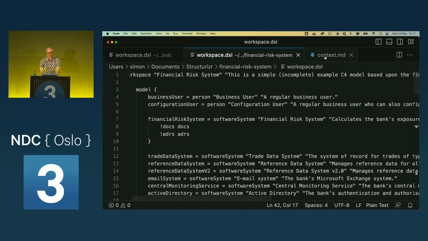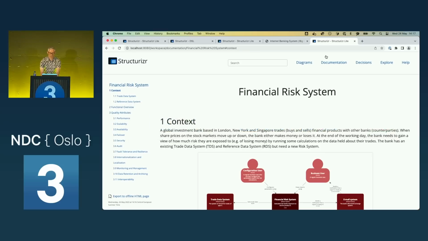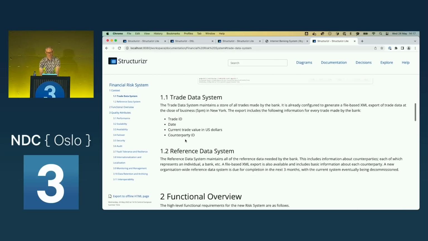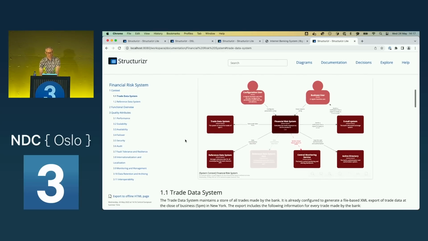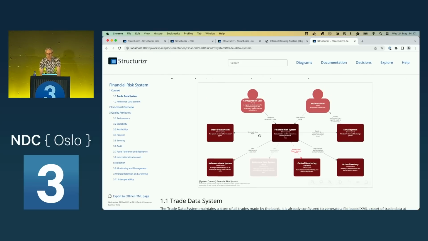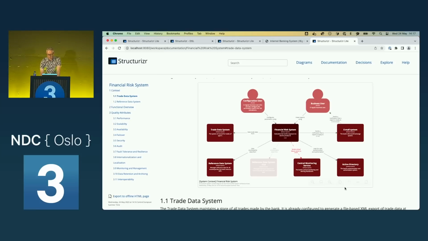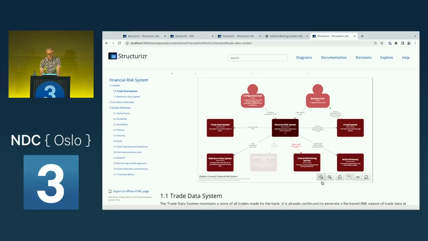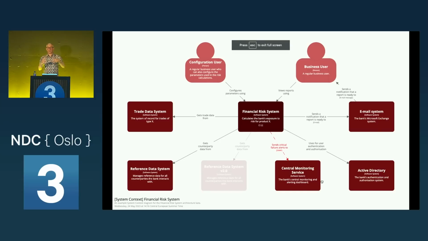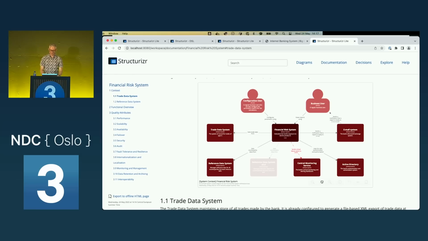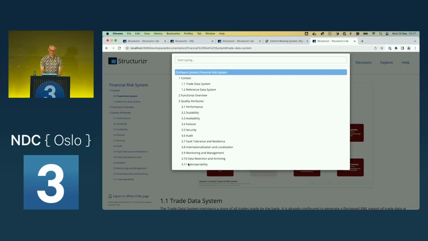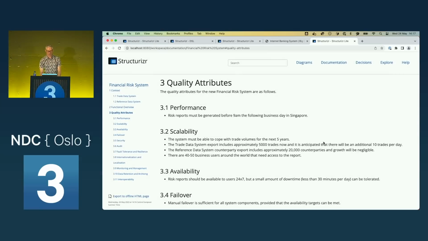So here we're basically saying include the docs, and this is all rendered in the browser. So here you have a nice way to include diagrams inside your Markdown documentation. This is the live version, so it also has things like the diagram key, and you can click to see the diagram, etc. You can go full screen. So that's a nice way to include those live architecture diagrams, potentially with additional metadata behind the tooltips as a part of your Markdown and ASCII documentation. And it's all full text searchable, etc. So